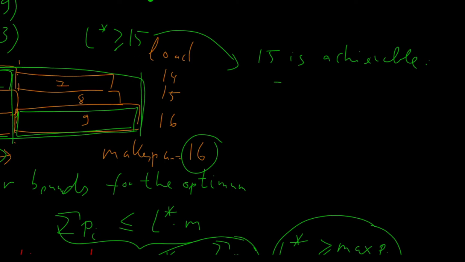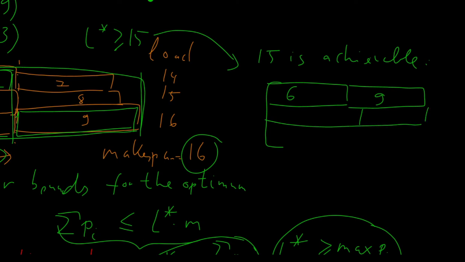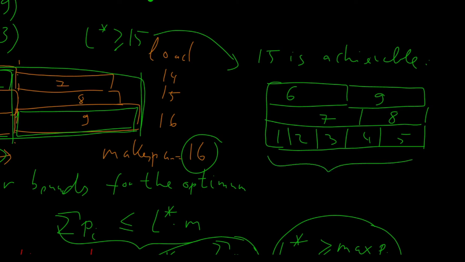For example, if I want to make 15, then I have to schedule it like 6 plus 9. That's 15. That's great. And then I have the 7 plus 8. That's also great, because it means that the others, 1, 2, 3, 4, and 5, just total 15 again, which means that the load of each machine will be 15, so 15 is the optimum solution